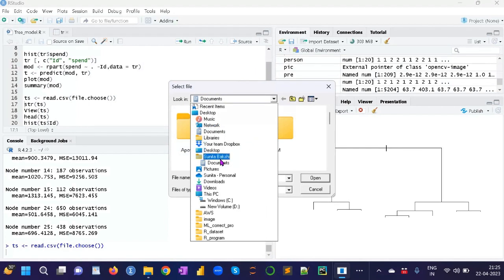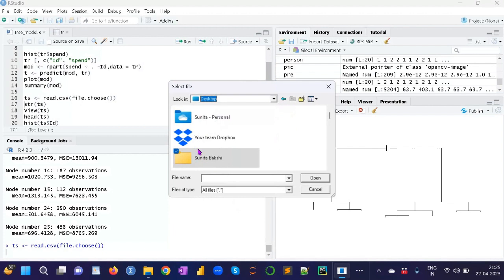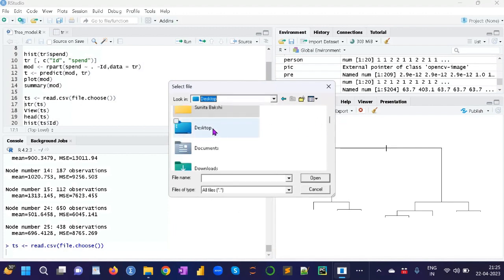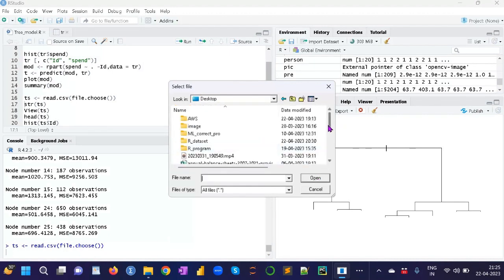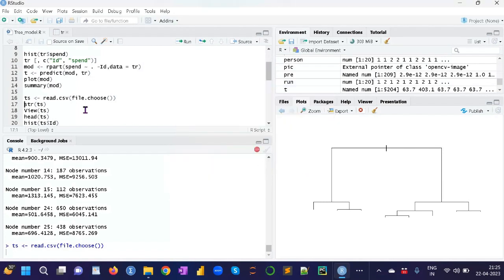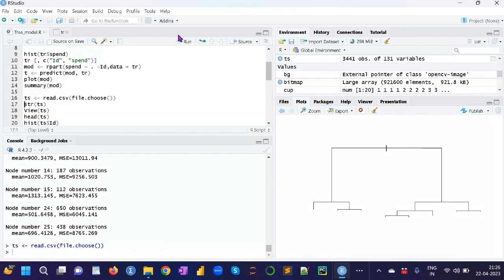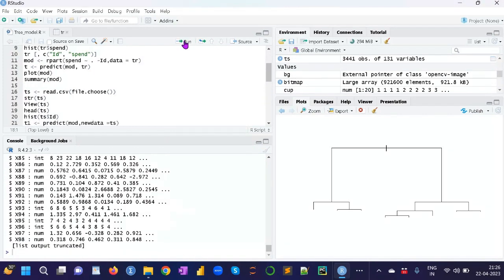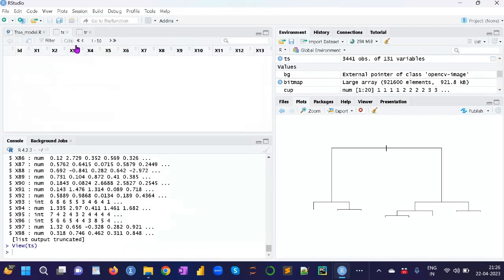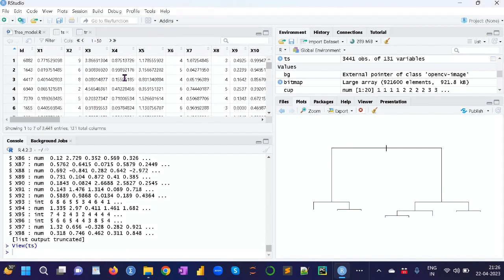Str is only the structure type, and view is tabular format.